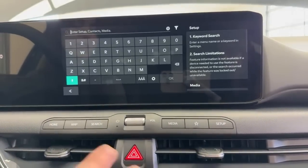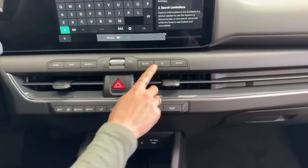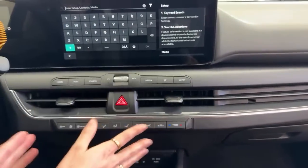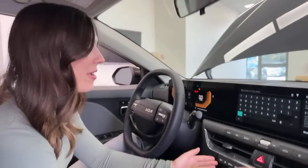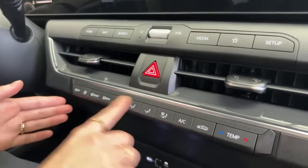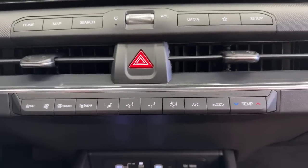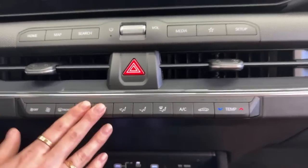This whole area is going to be new design. You can see we have the inclusion of a roller knob, but we have real buttons. And this is going to age really well because screens are temporary. Buttons, they're forever, in my opinion. Down at the bottom, instead of having a switchable infotainment and climate control cluster, we have those real buttons. So very easy to navigate, especially as the driver and the passenger. If you want to change the temperature, adjust the fan, everything along those lines, easy to see, and very clean